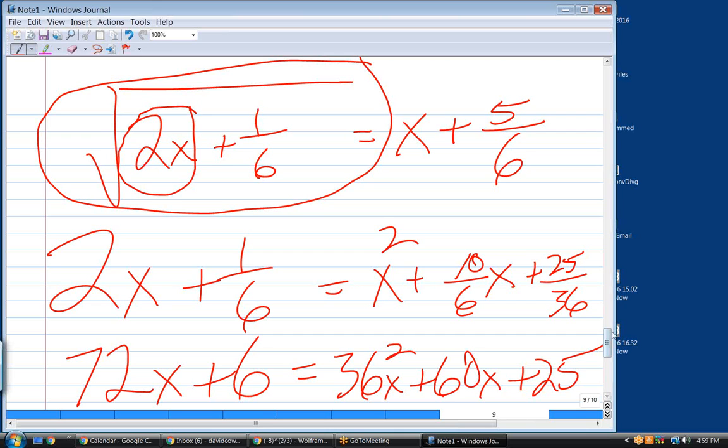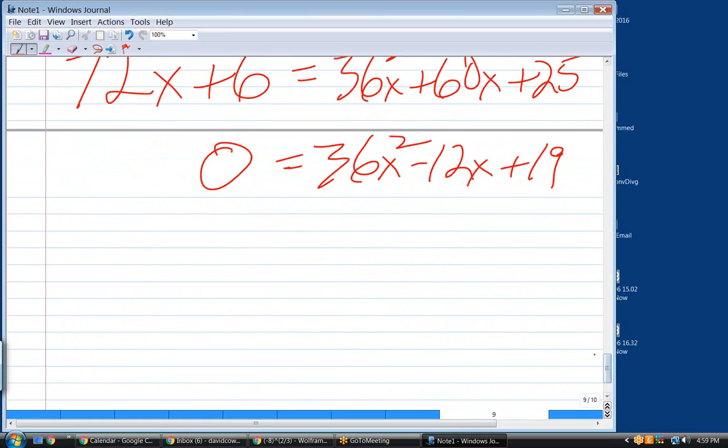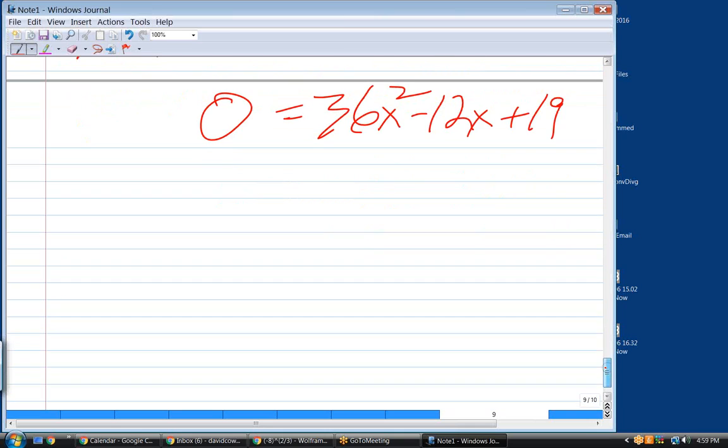In other words, if we come up with two negative numbers, and I know they're both negative. Oh, no, they're both positive, excuse me. If we were to factor that, it would be something minus 19 times something minus 1, and that produces two positive solutions. Okay. Even using the quadratic formula, I'm going to get a complex solution here.